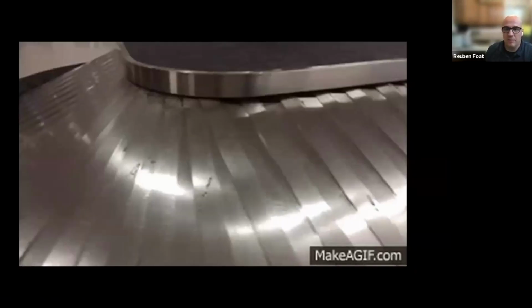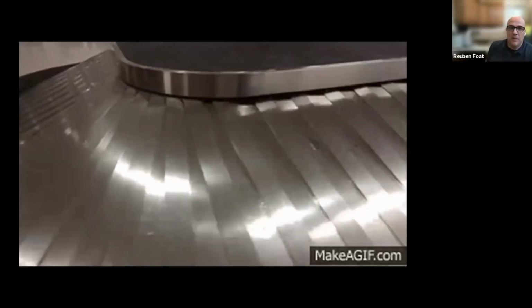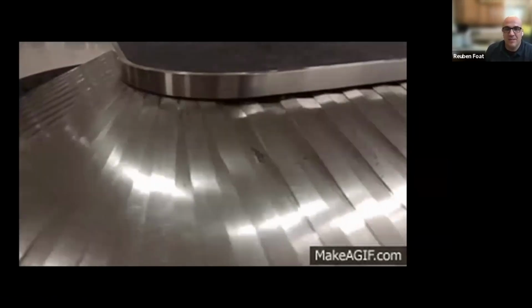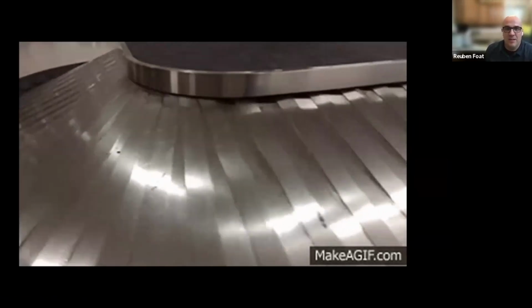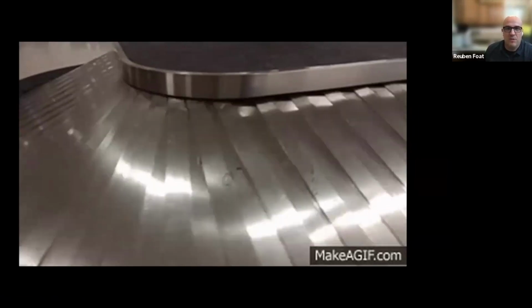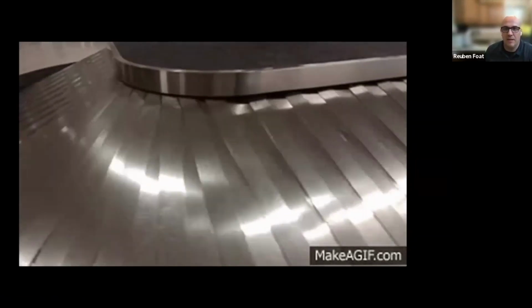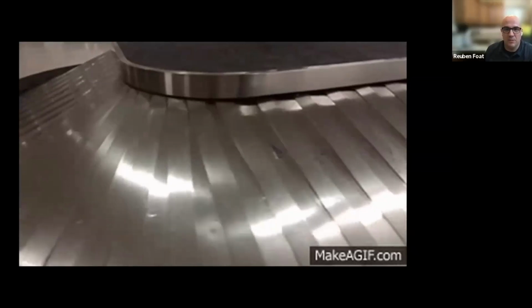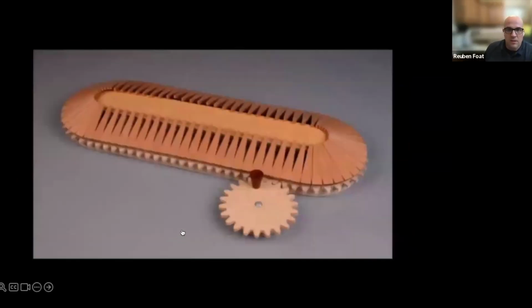During that time in graduate school, I was traveling a lot, being from Wisconsin, go home and see things at the airport, like the conveyor belt at the airport. And I was seeing tambour doors everywhere. It's like, well, how could I make that? And so it's this process of exploring how to bring tambour doors from out in the world into my making practice. So here's a tambour cabinet,